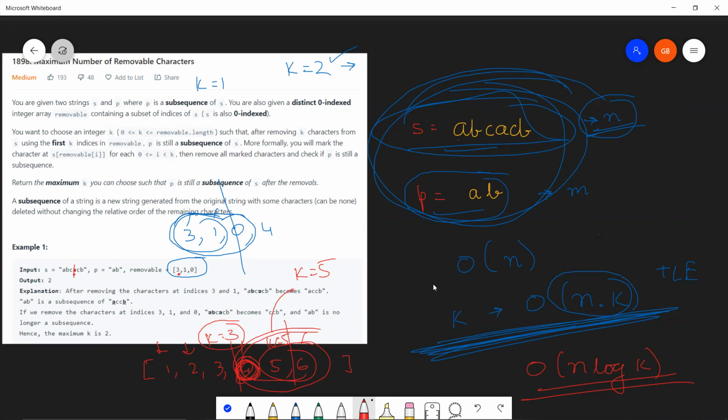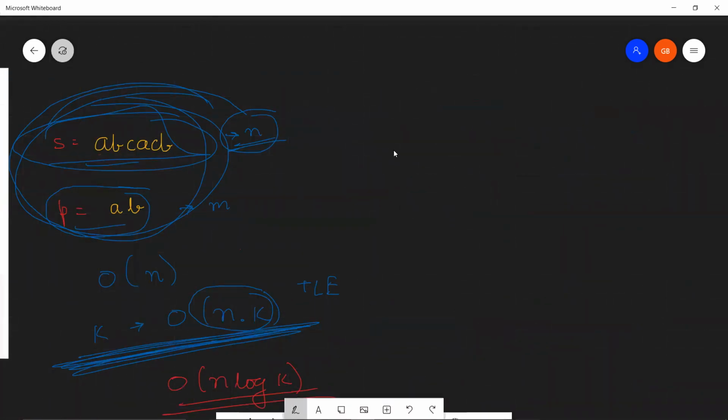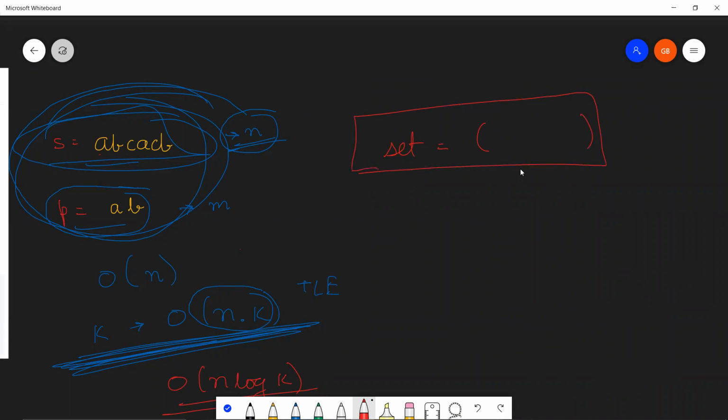So there are two ways of doing this. One would be if you maintain a set of the indices where the character needs to be removed. And if you are at that same index, just move your iterator.